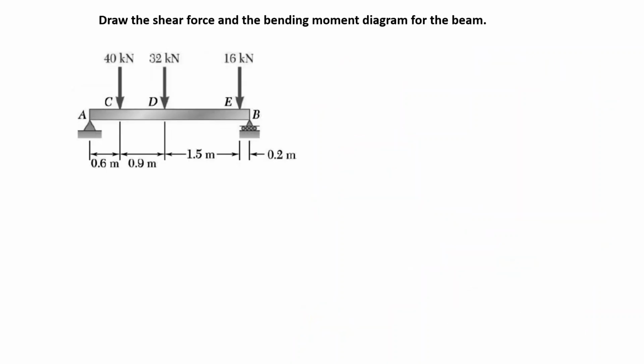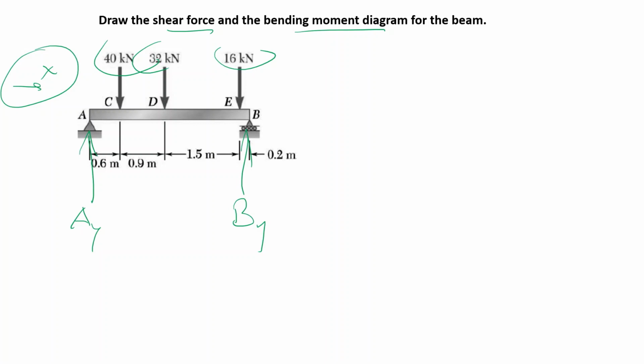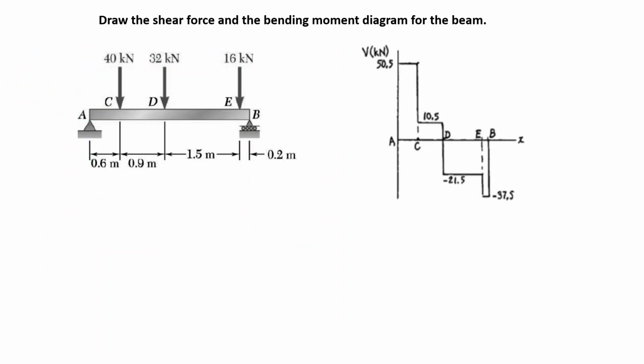Next, shear force and bending moment. Here we have single forces. Here we have, of course, AY and BY, two vertical forces. In the X direction, there is no force at all. So you can take a moment around A and calculate BY, and the next is simple. So we will not spend time to do these calculations. Well, you can try it on your own, but the results are